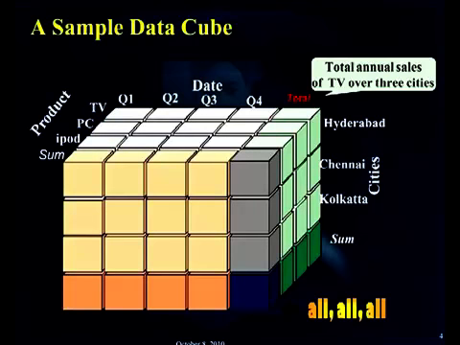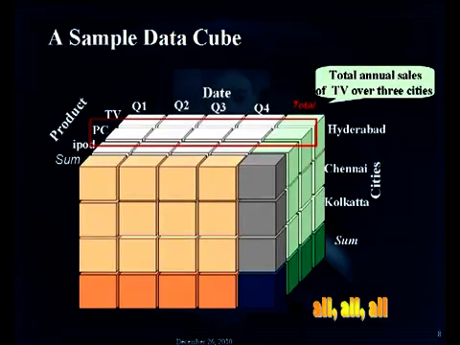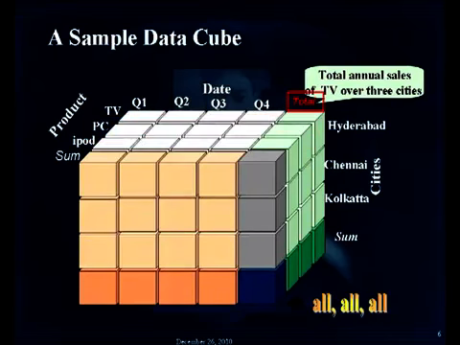If you observe this diagram, we have different kinds of aggregations stored in this physical structure. One is the total sales over all cities for all products, another kind of aggregation is the total sales over all quarters for each product, and another is the total sales over all products for each quarter, etc. So this diagram specifies the different kinds of aggregations in the form of a physical structure called a data cube. Here we have only 3 dimensions, but if we have more than 3 dimensions, you can't find a physical structure, but we can always generalize this representation by using the concept called hypercube.